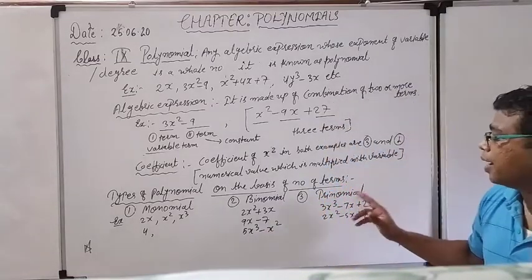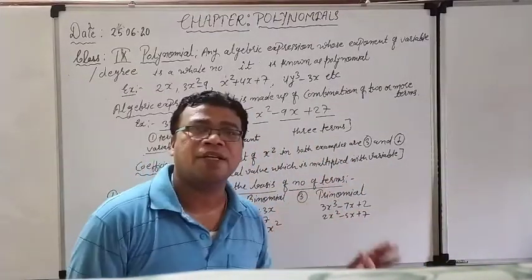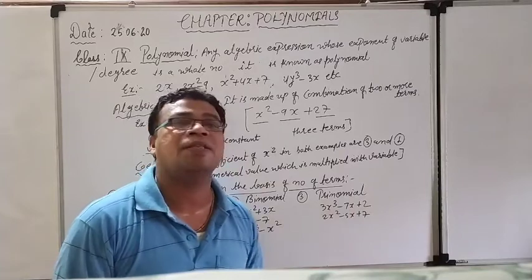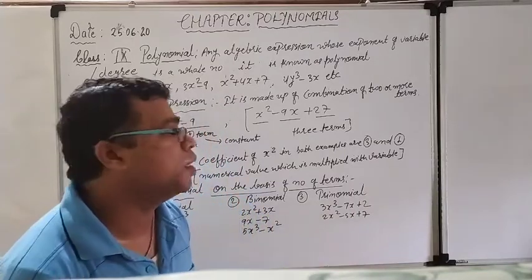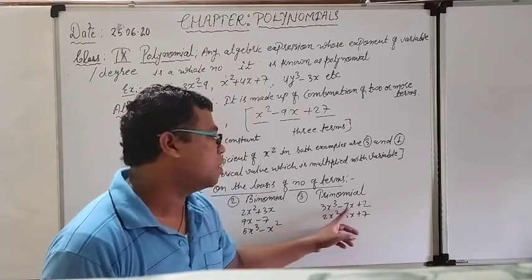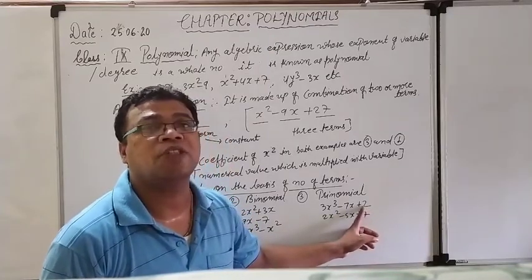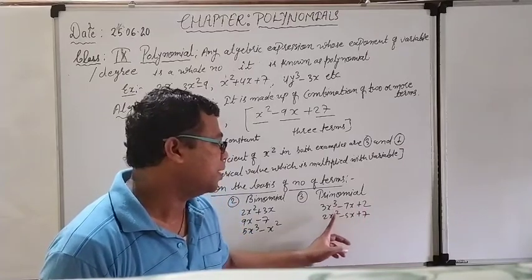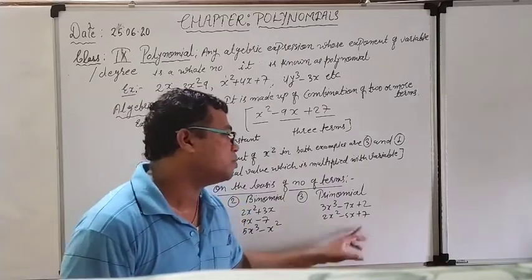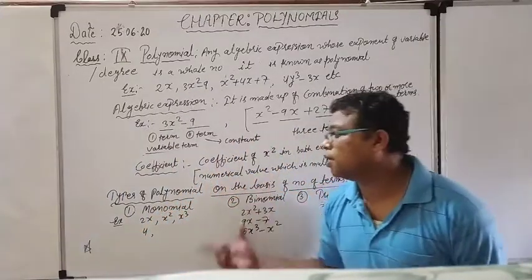Right now see the next one, trinomial. If the number of terms is 3, this kind of algebraic expression is known as a trinomial. And because all the powers of the variable are whole numbers, it is also considered a polynomial. See, 3x cube minus 7x plus 2, there are three terms. 3x cube is the first term, minus 7x is the second term, and the third one, 2, is a constant term. This is the variable term, this is the variable term. Again see 2x square minus 5x plus 7, again there are three terms. These two are variable terms, and the last one, plus 7, is a constant term, because no variable is present there. So this is about these things.